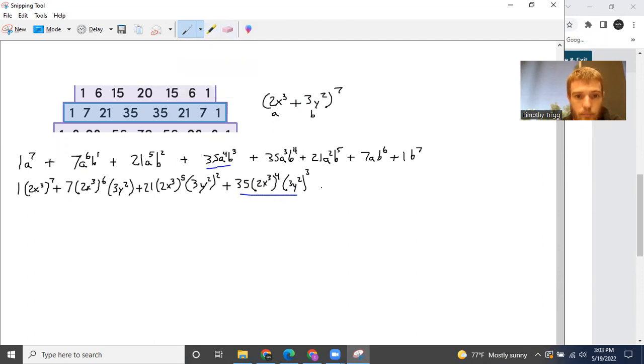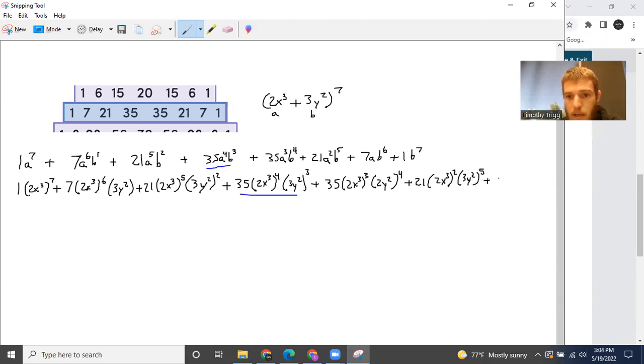Then plus 35 a to the 3rd, so 2x to the 3rd to the 3rd, b to the 4th, so 3y squared to the 4th, plus 21 a squared, 2x to the 3rd squared, 3y squared to the 5th,